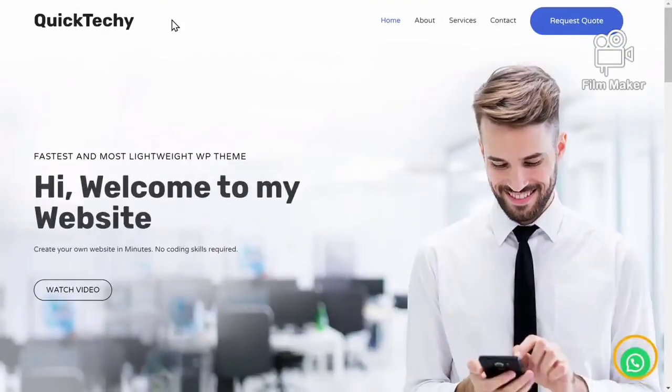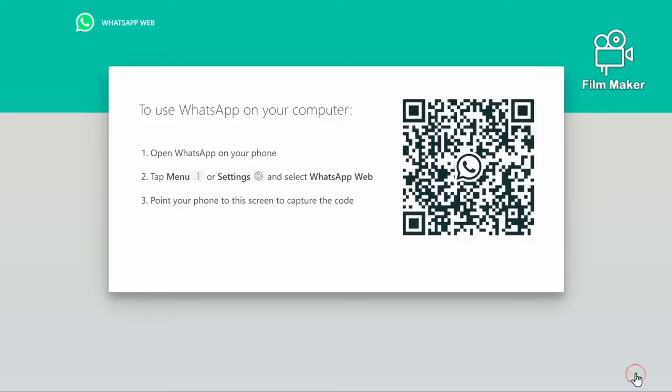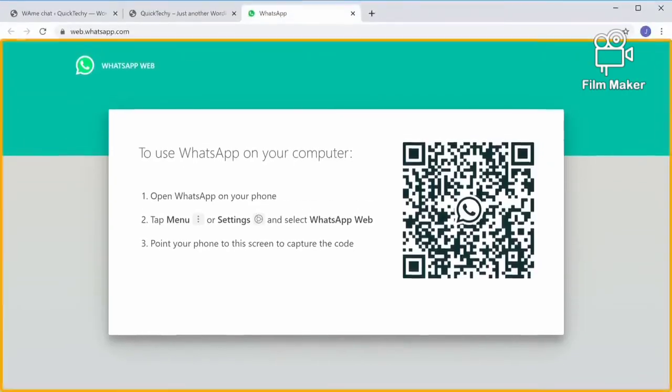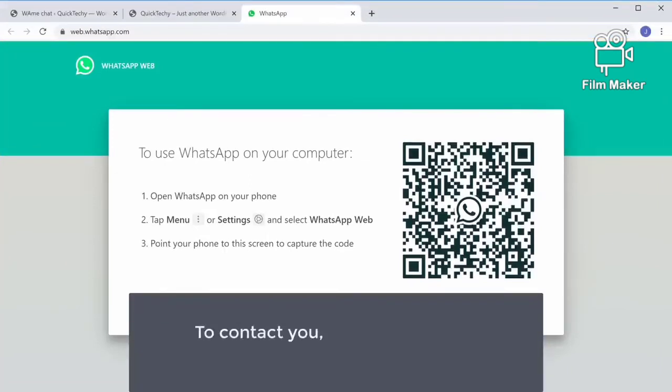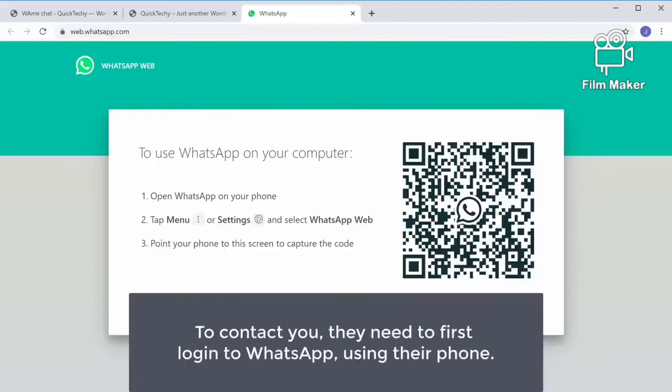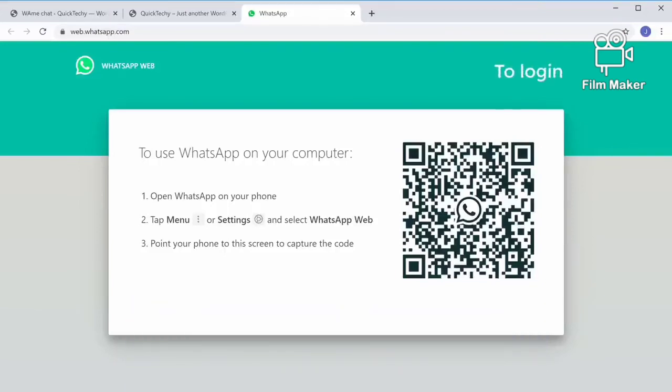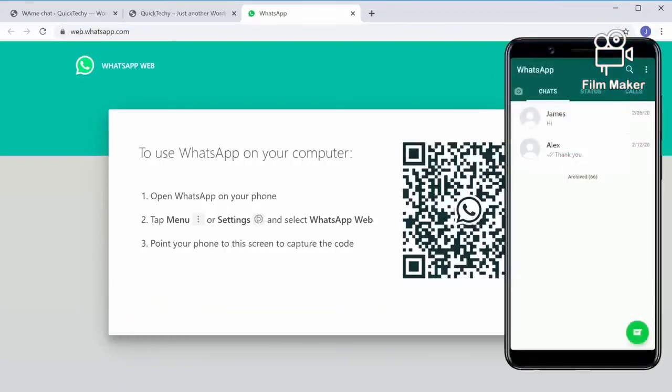Now, if a visitor clicks here, they'll be taken to the WhatsApp web login page. Now, to contact you, they need to first log in to WhatsApp using their phone. So to log in, first they have to open WhatsApp and then go to Menu and choose WhatsApp Web.